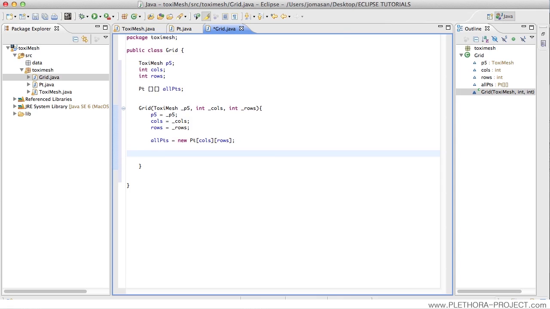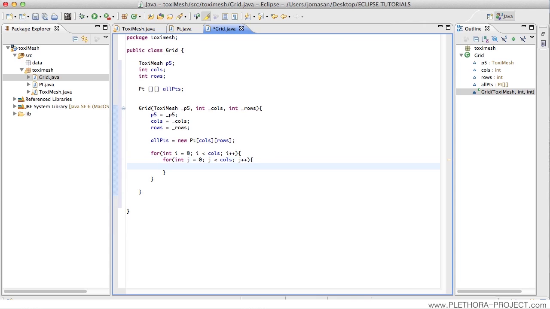Next to that, we need to initialize each one of those points, right? So we need a two-dimensional for loop. Int i equals 0, i smaller than columns, i plus plus. And you see that with the parentheses, each time that we open one, it's going to tell us that we have to close it, and it will close it automatically for us. We can copy the structure like this, and here we need to change for j,